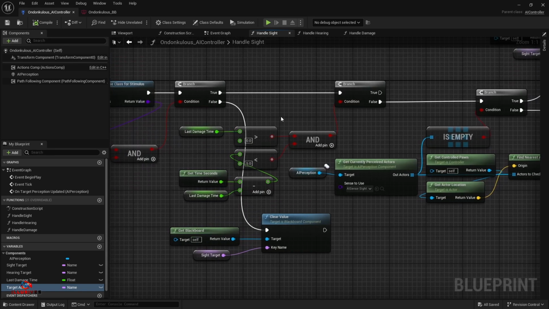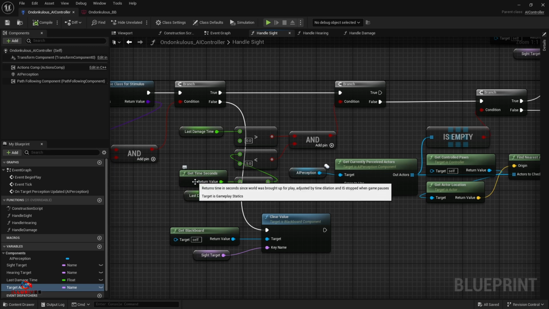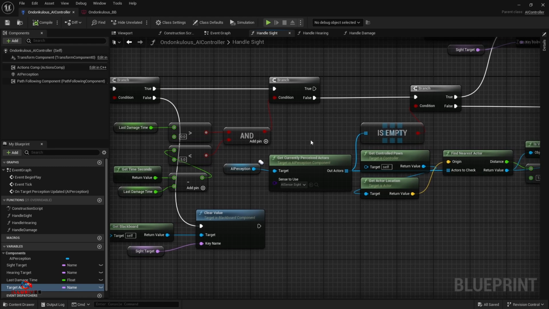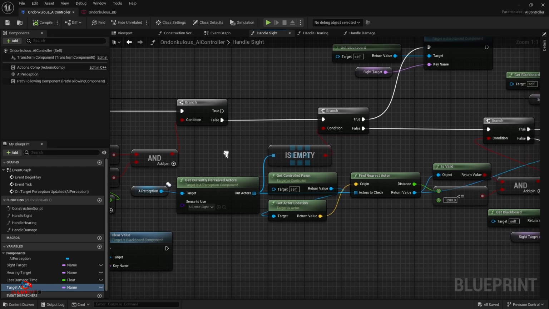Then here for true node, we are checking our last damage time, means when we got damage. From there, if it's greater than 0, means of course it will be 0 based on time. Then we will minus from our get time seconds. The clock is already running in Unreal. From minus, if this calculation is less than 5, or you can give any time. This value is how much time you need to wait before you reset your sense site. So this one, and if this thing is true, we don't need to do anything. If it's false, then we need to come here,